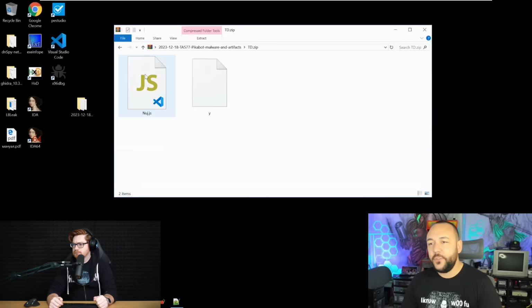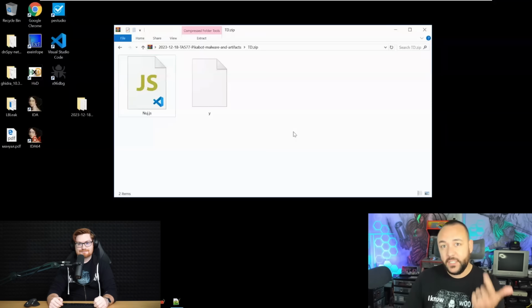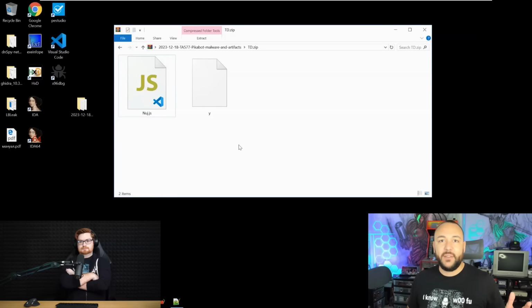So if a user were to simply double click on this, now for me, a little bit different because you'll notice that it actually has a handler assigned, which is Visual Studio. So that's a little different. But for most users, it just looks like it has a little script icon. And when they double click, it invokes WScript. So the Windows Scripting Host, WSH, has WScript and CScript. And W is the windowed version, essentially the GUI version. And if they were to double click, it just runs the JavaScript.